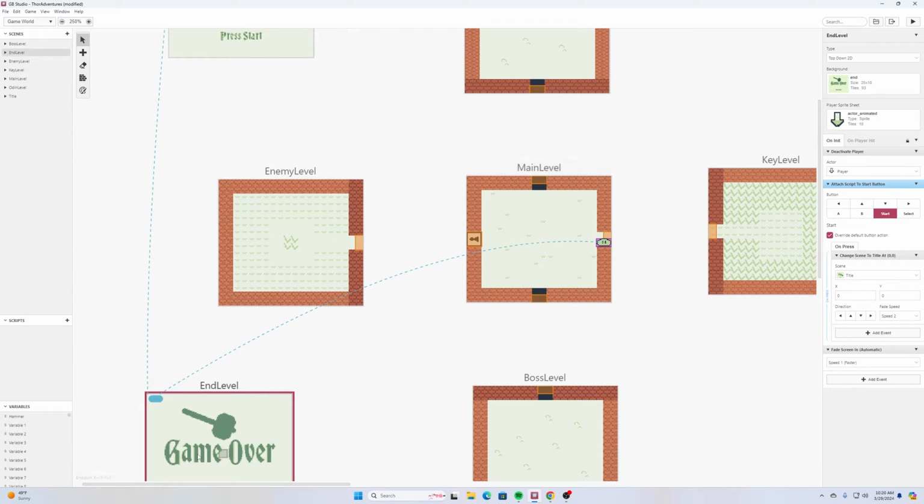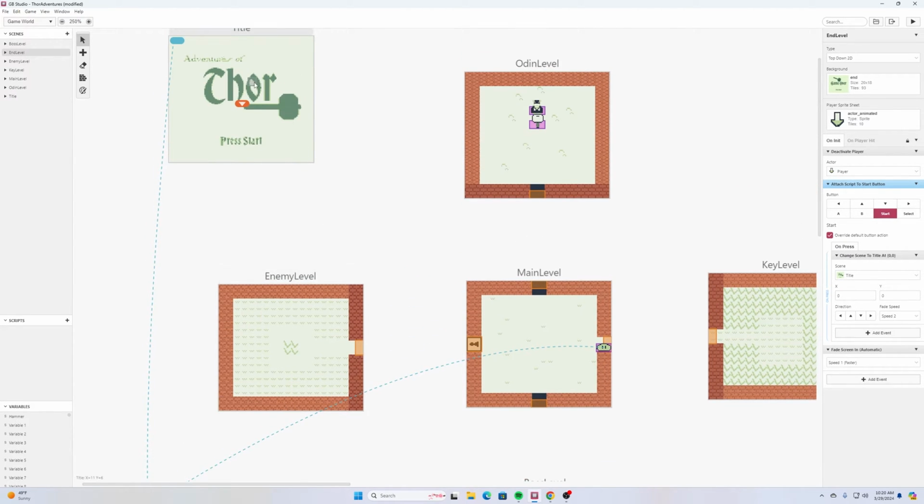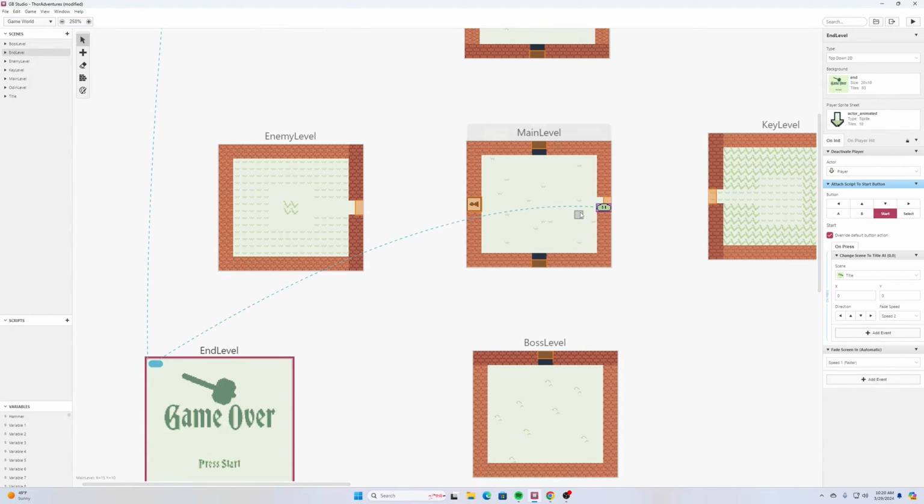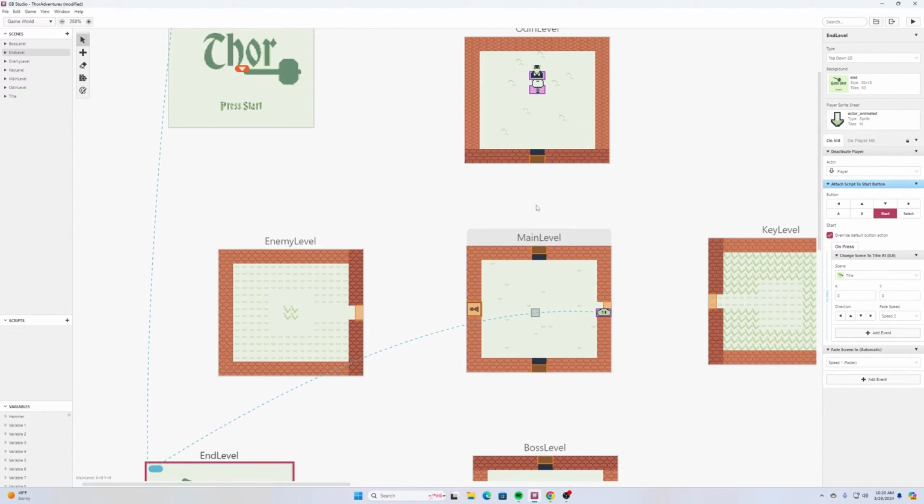If you don't have your game over screen done, you can still just have it go up here, or you could even trigger a dialogue and just say the game is over and then take it back to start. You could do something like that too. Okay,